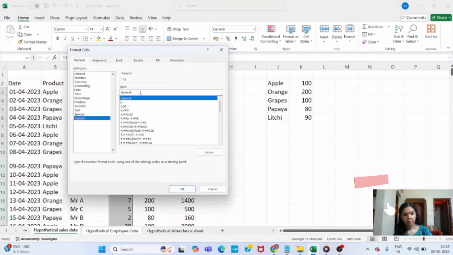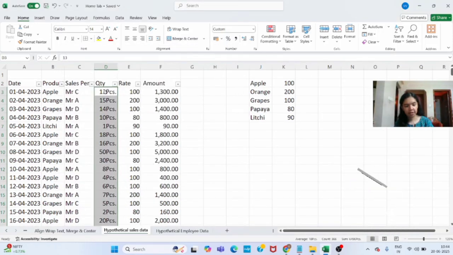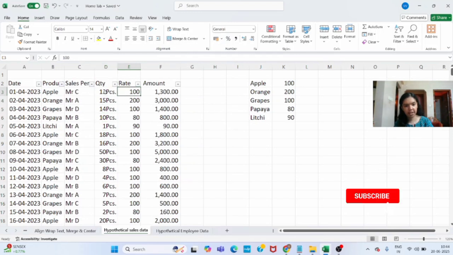And then under custom, just delete this general and then write hash, and under inverted commas you can write this pieces, whatever you want to show there, and then click OK. Now you can see here under quantity, under each of the items, this pieces term is generated and also the formula is not showing an error now. So when there is a huge quantity of data, you can use these shortcuts instead of manually doing it.